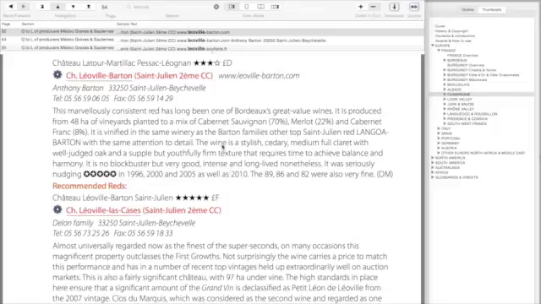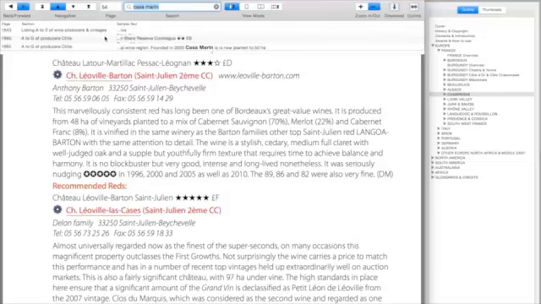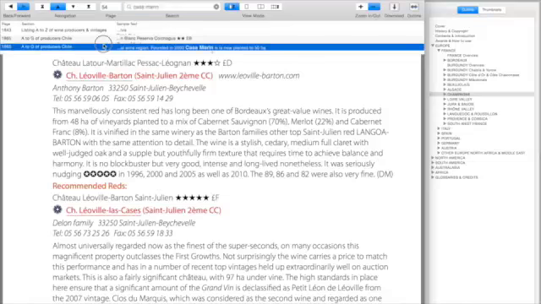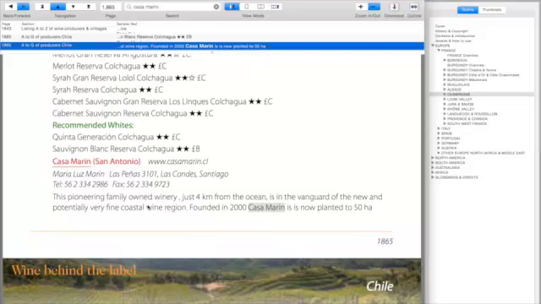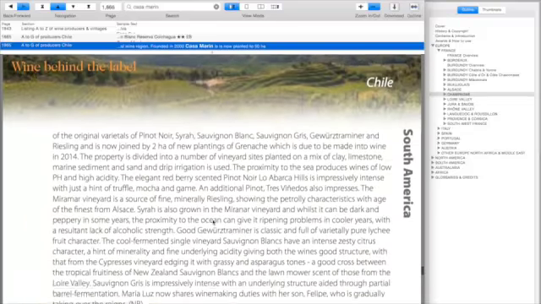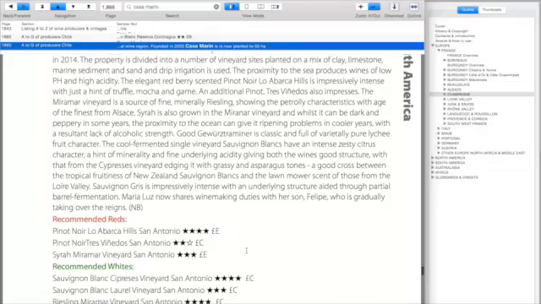So if, for instance, you're in a restaurant and you have found a wine from Casa Marín on the list, you can quickly go to Casa Marín, and if you find the Pinot Noir Lo Abarca Hills San Antonio, 4 stars E,